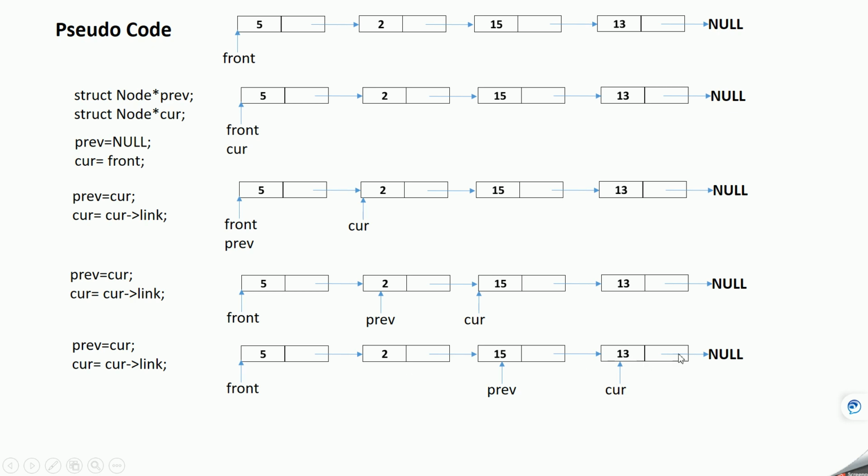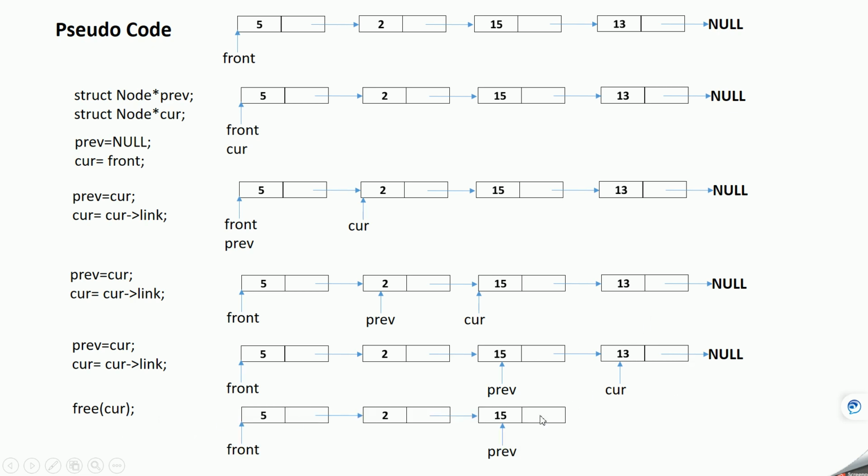Next, current link is null, so no need to travel further. If you see, this operation is repeating in nature. Now we are already here, so we can delete this node. To delete that, we'll use a function called free. In this case we'll say free current, because current is pointing at this node, that is the end of the linked list, that is the rear side. So now we will delete this.